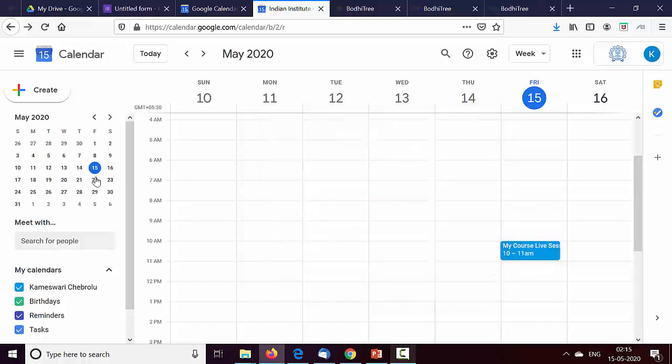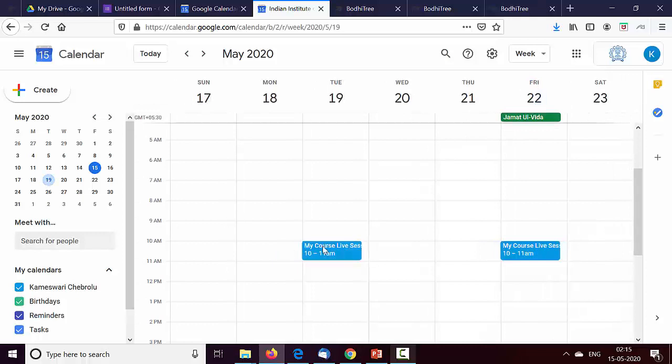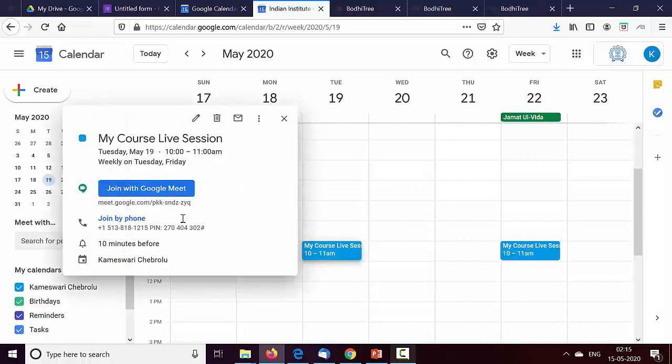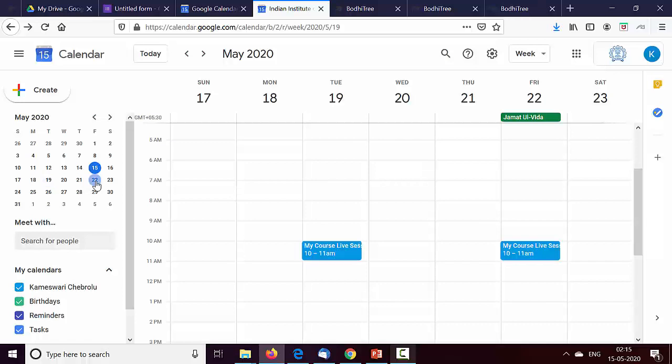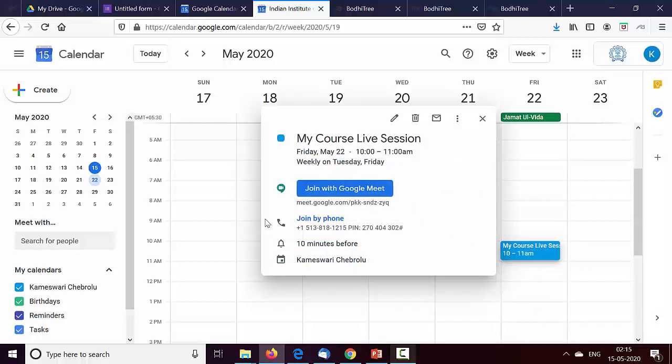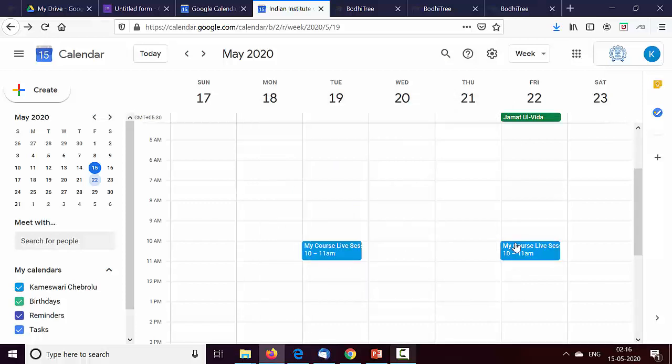And if you see, this meeting is scheduled on Tuesday as well, the upcoming Tuesday. And again, you can see that it has the same URL. So it is the same URL that you can keep using for all your sessions, including here also. If you see, it's the same URL. Once you share this URL, you can use the same URL for all the weekly meetings. So that is one way, through the calendar.